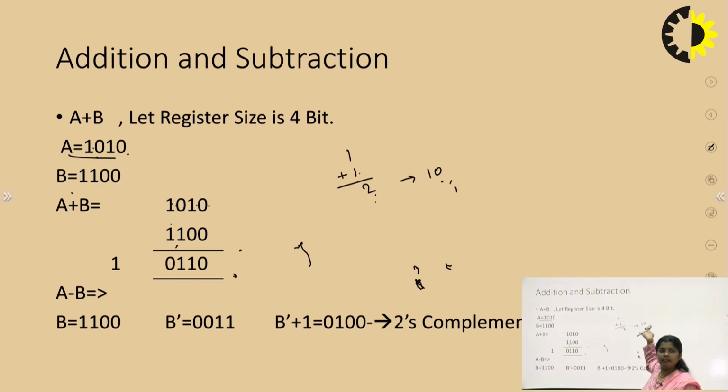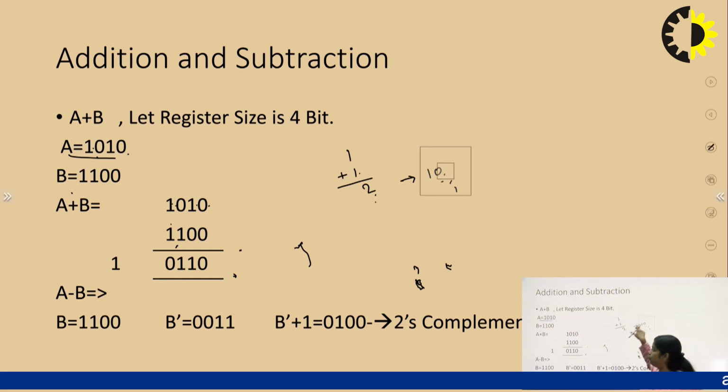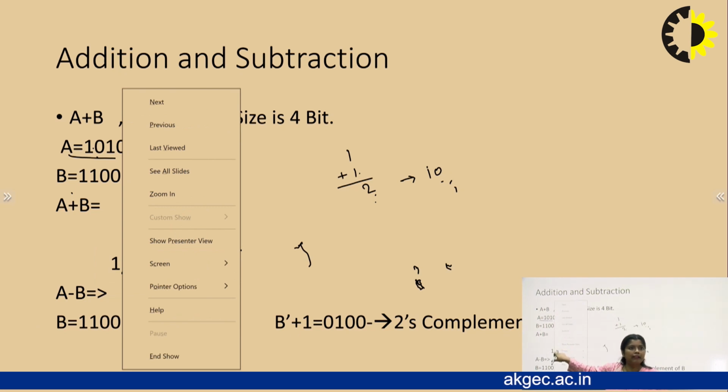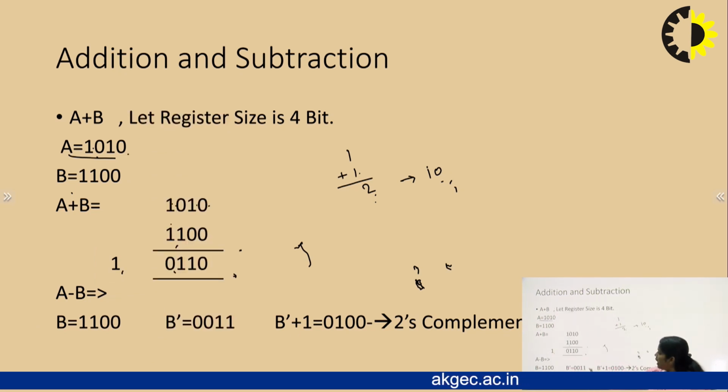The 0 value will be considered here, and the 1 value will go as a carry bit. That is the simple binary addition. And when we represent a negative number, because the Booth multiplication algorithm is useful for both signed and unsigned numbers,